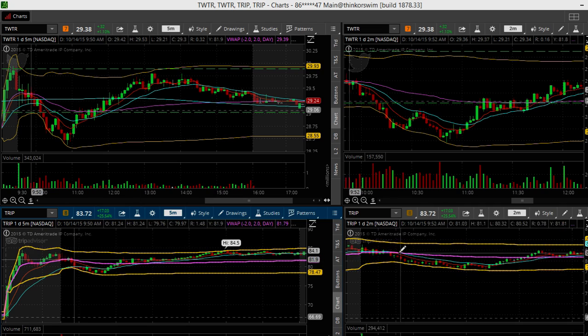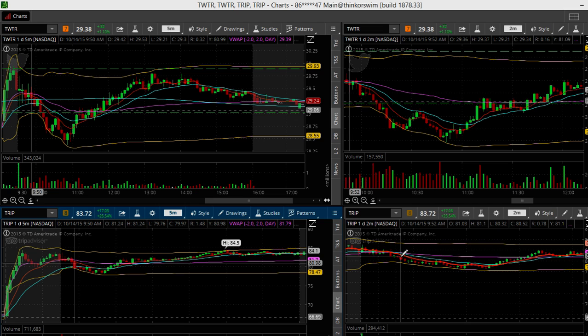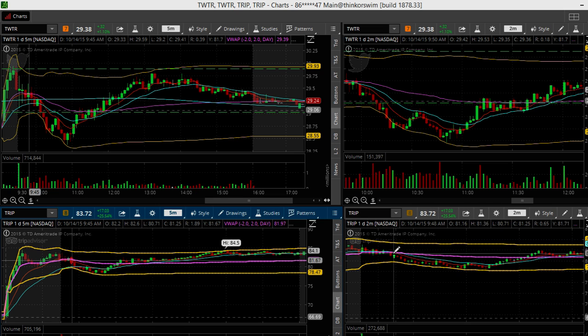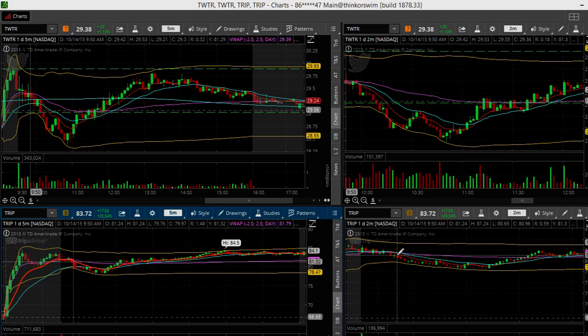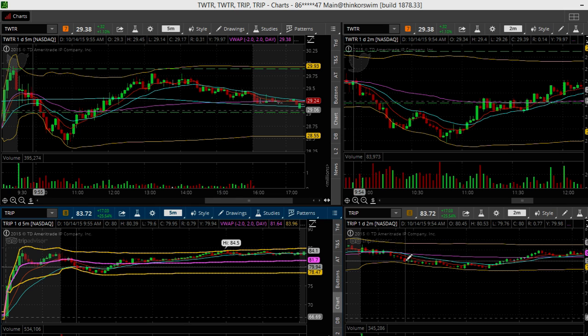So then I look over here at the 2-minute because this is what I'm going to use to enter. So I go ahead and enter. This printed, opened below it and closed below it. So I figured it was time to get in and get short. So I went ahead and took this short and got a pretty decent move, about a little over a point. Was only in 100 shares,